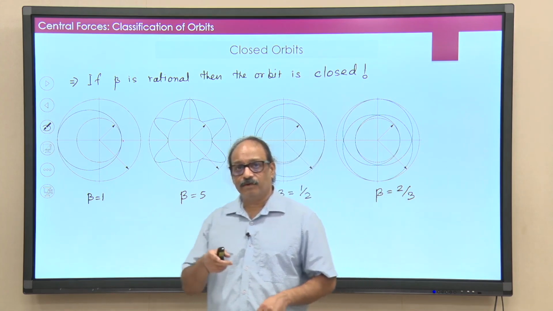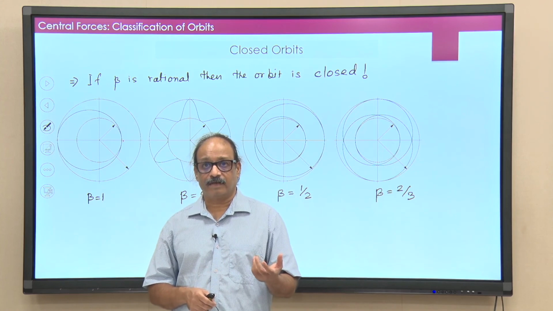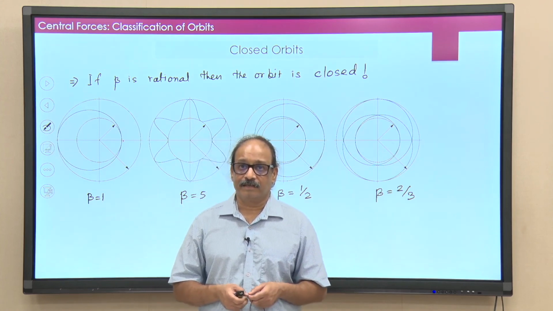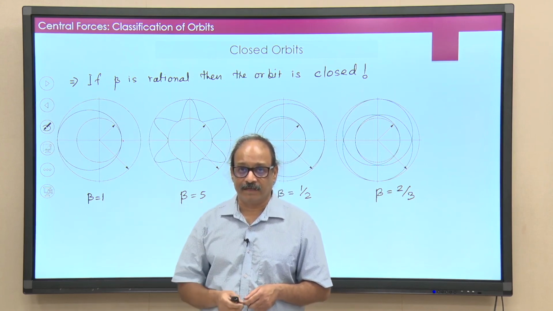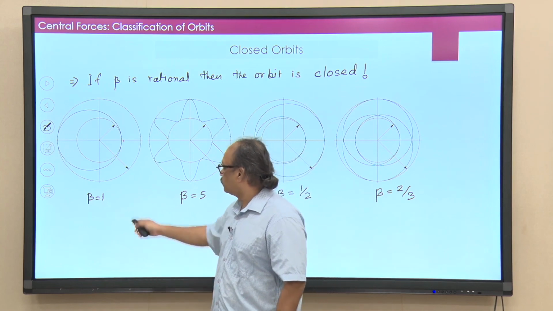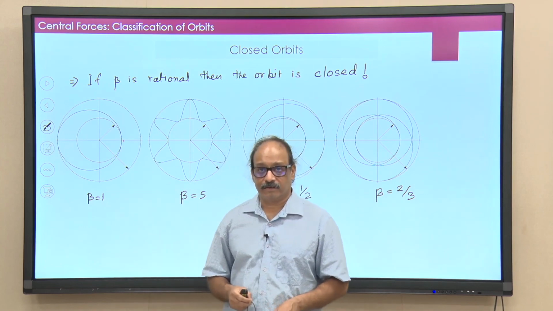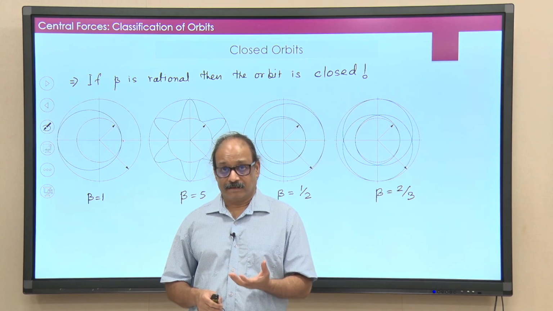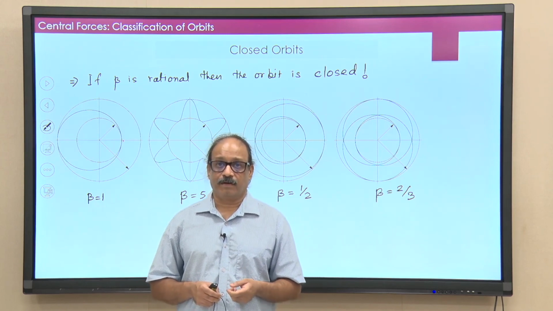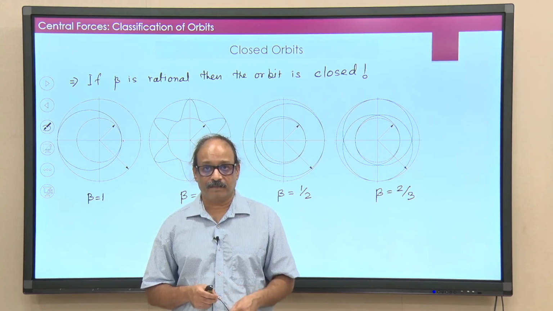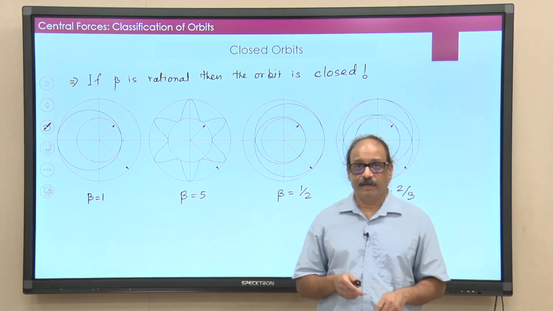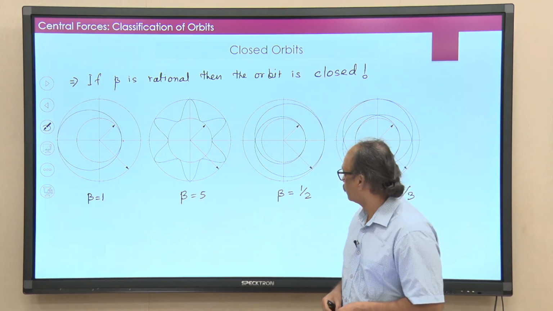So, which one of these two laws can it be, Hooke's law or the inverse square law? It is very unnatural to think that Hooke's law will extend all the way to infinity. The potential grows as r square. So the only other possibility is the inverse square law, and that is another way of justifying the inverse square law for gravitation, or Newton's law of gravitation. Okay, so with this I will close today's topic.